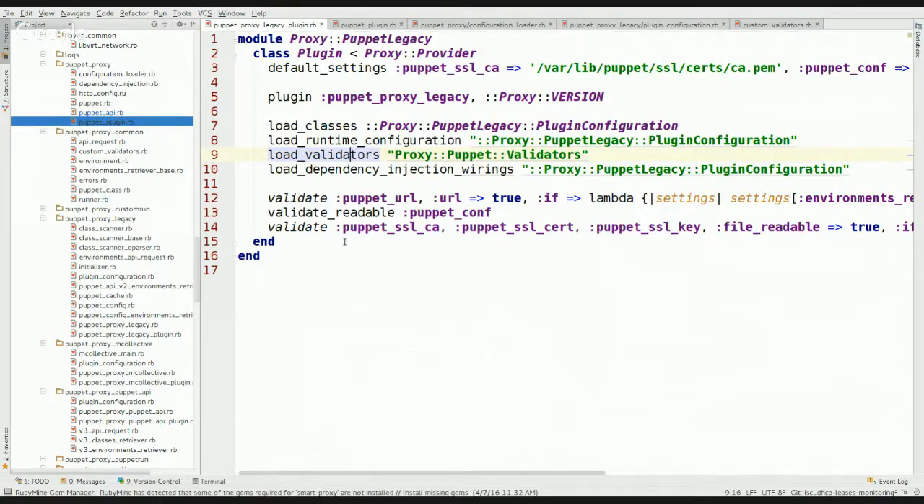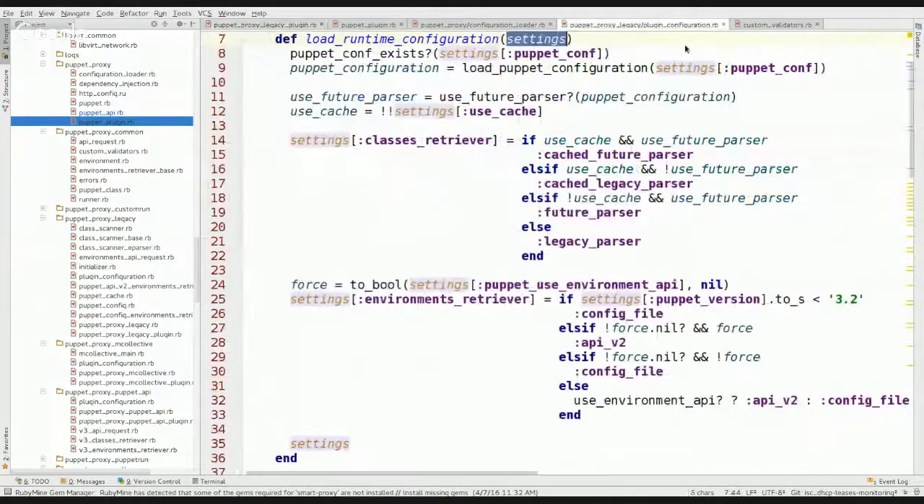The interesting bit is that the actual code to implement the validator is exactly the same as normal validators that ship together with Smart-Proxy. It's just that now you have the ability to load your own. To do that, you use load validators. And if we look at a class that implements this method,